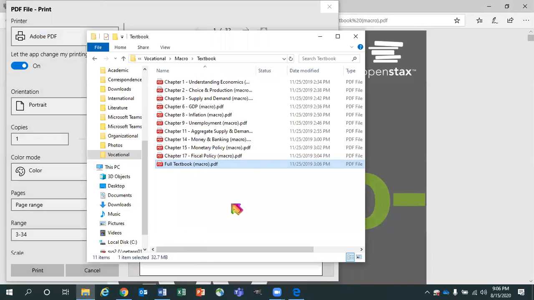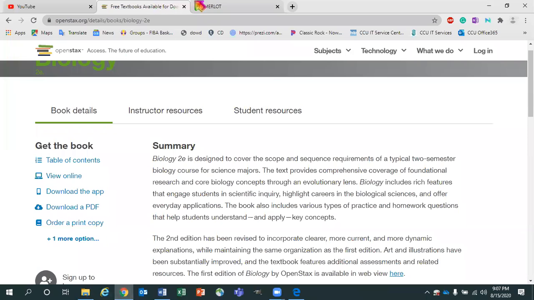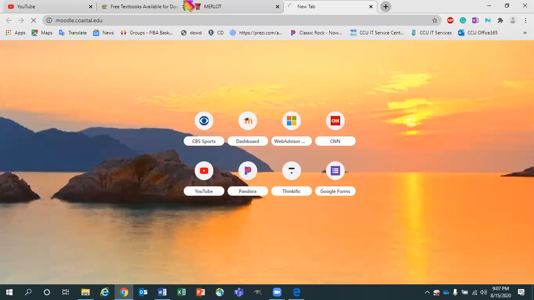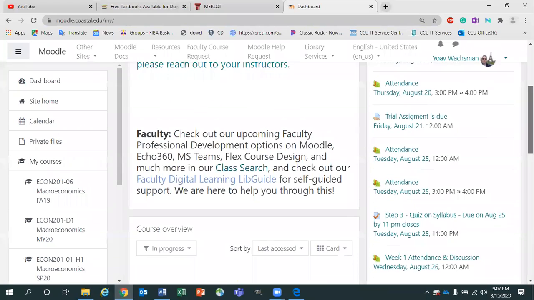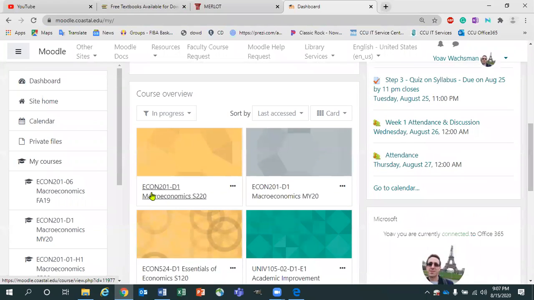And that's in fact what I did earlier. So you can see from this box over here, I have chapters 1, 2, 3, 6, and so on. So these are the chapters that I need specific for my class. And if you look at my class on Moodle, so I'm going to open Moodle for a second, and I'm going to select my macroeconomics class. I've added these chapters,